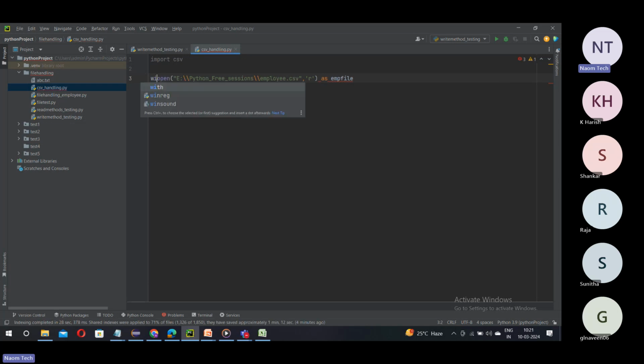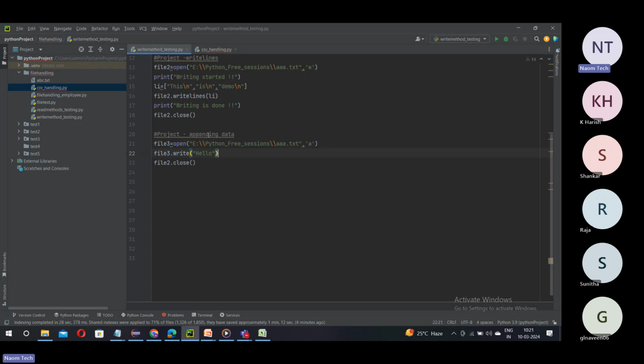And here, at the start, you should say with open. This is another kind of opening a file, with open, and the other one is regular open. You might ask a question: what is the difference between normal open and with open? So if it is normal open, when you choose the normal approach, this one,